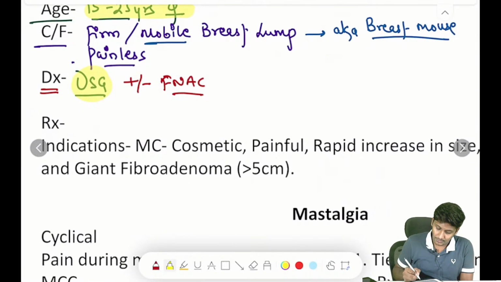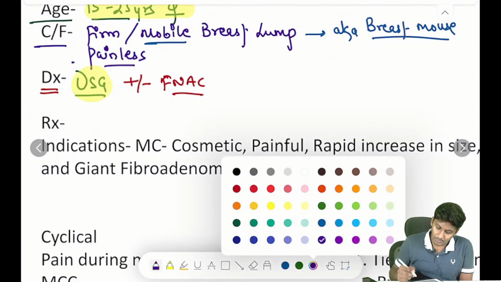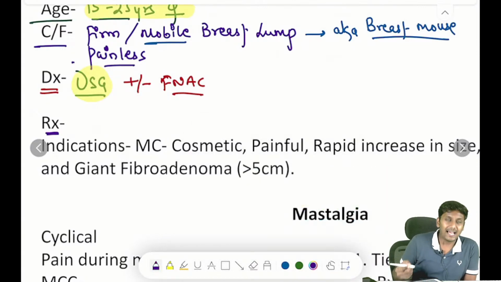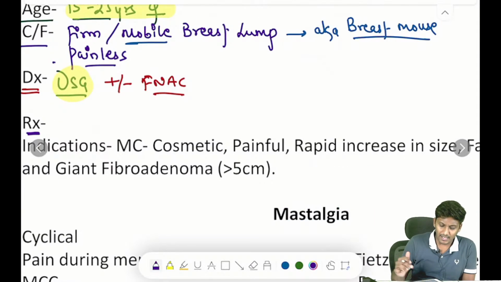Okay? That's important. Next important thing you have to remember is what is done for treatment, as it is definitely a benign tumor. Remember this once. As I've told you, we will only do an ultrasound. No FNAC or biopsy is required as such. Only if the radiologist is suspicious, or you are suspicious that it can be a cancer, then you can go for FNAC or biopsy